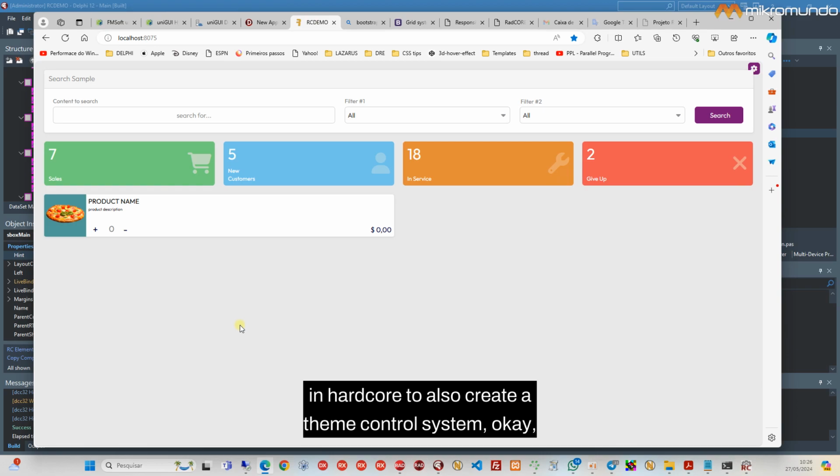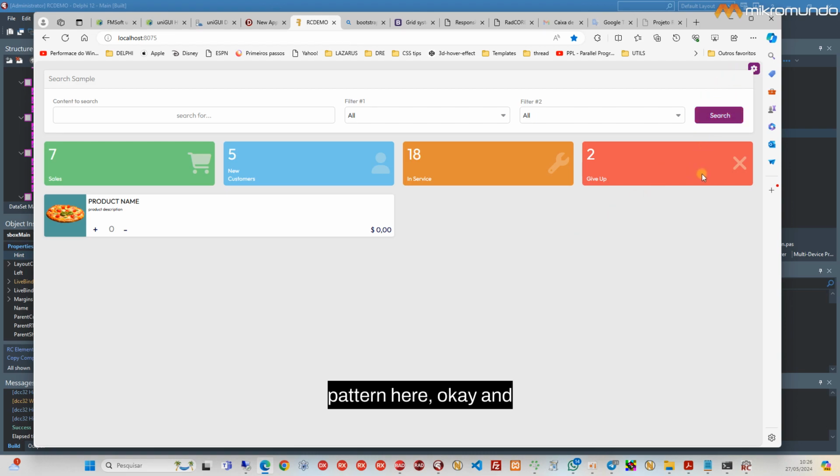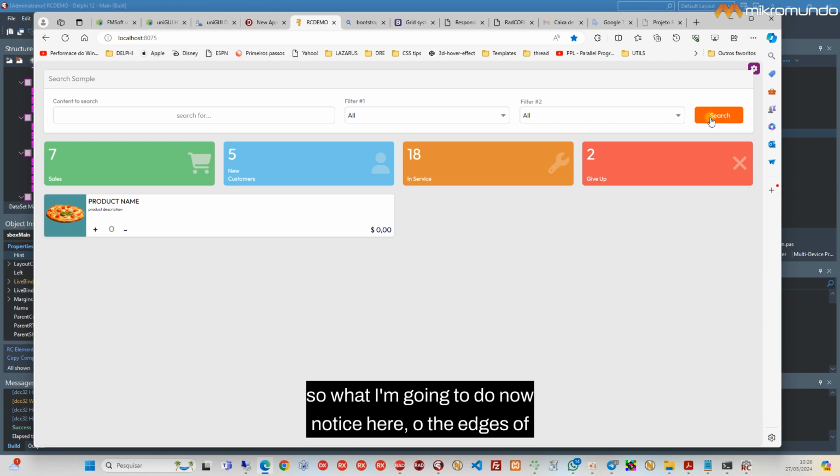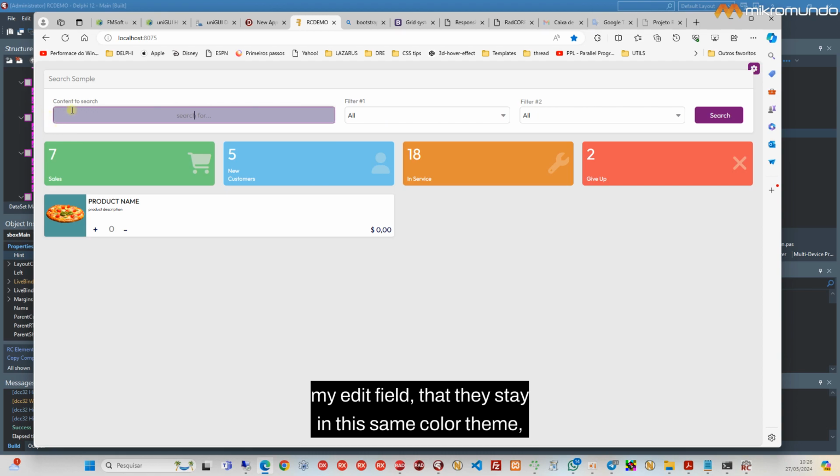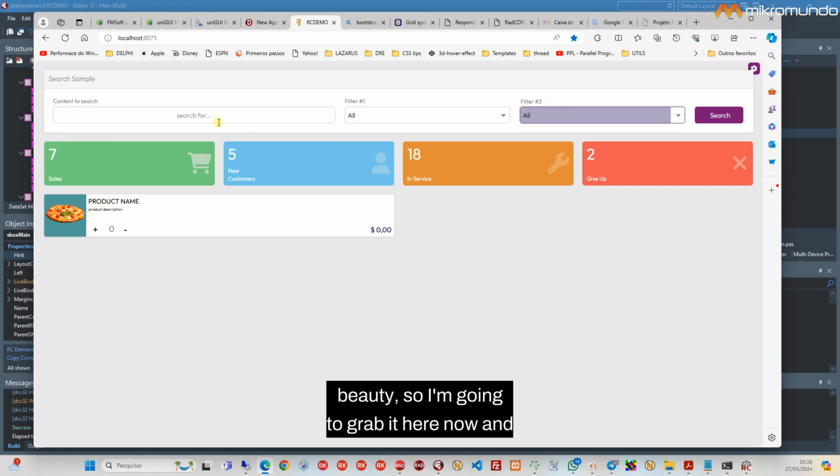Okay, so notice that when we create our application there in our wizard, we select a theme with this color pattern here. That's why it's got this little color here. So what I'm going to do now, notice here, the edges of my edit field, that they stay in this same color theme. Beauty. So I'm going to grab it here now and I'm going to trigger my